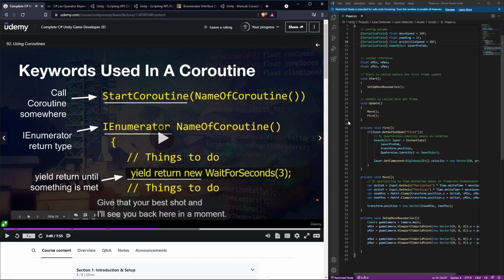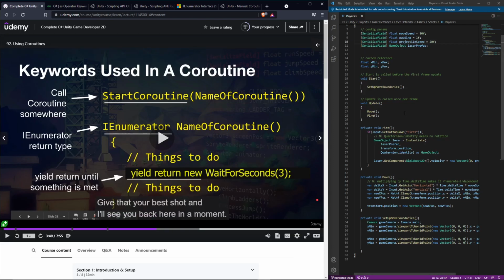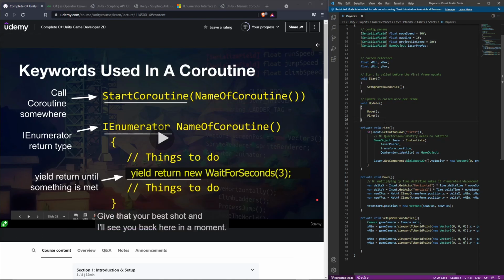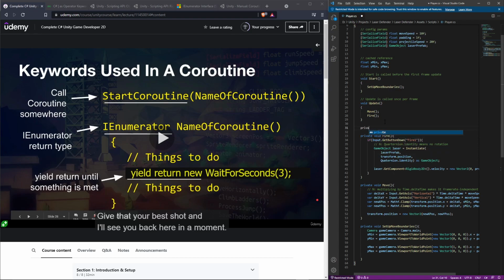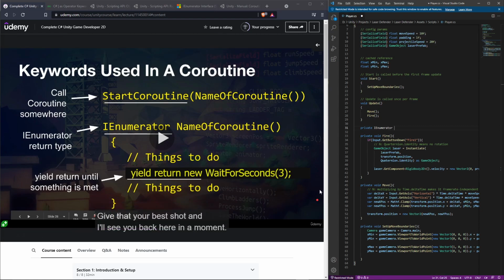Alright, so our challenge is to create the coroutine. This is just for practice. Let's see here. So we're gonna create the IEnumerator method, right? So we're going to be private IEnumerator. Is it IEnumerate or IEnumerator? Oh, it says it right there. What am I saying? We don't want to copy WaitForSeconds. How about PracticeCoroutine,